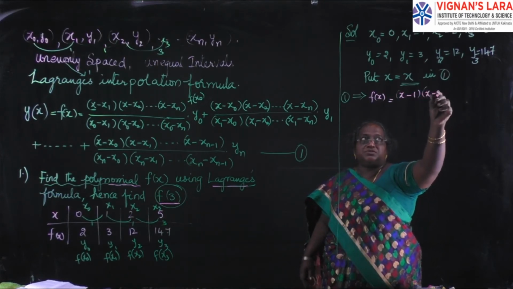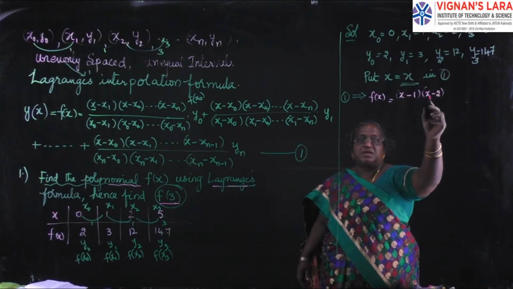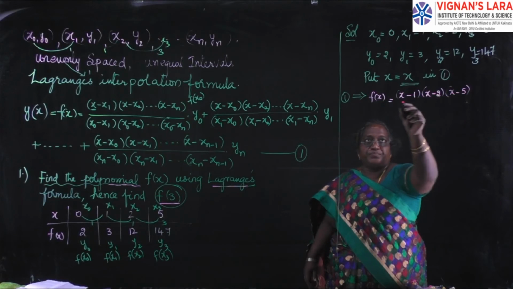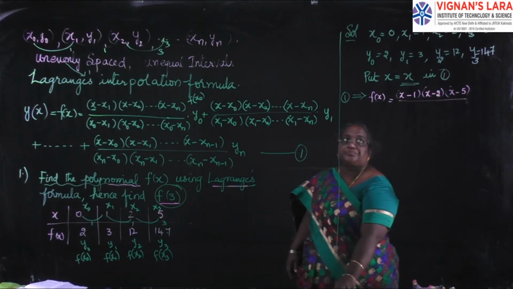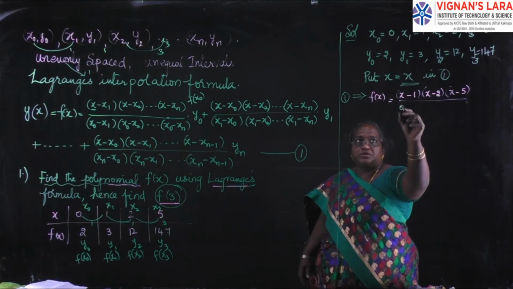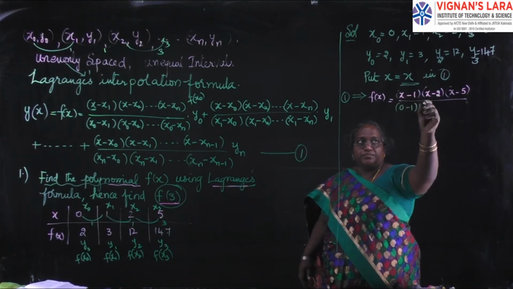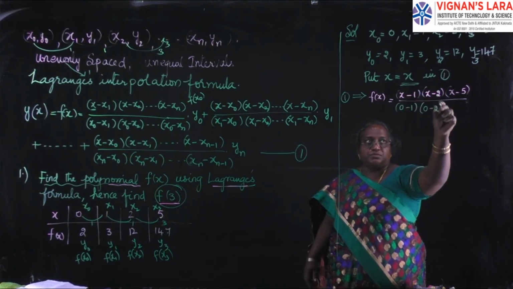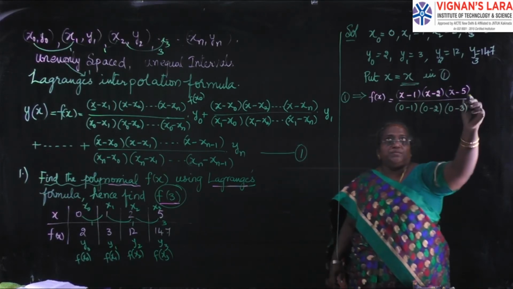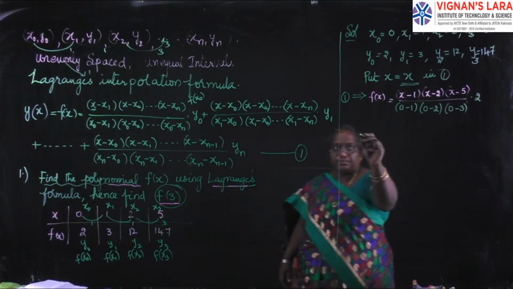So x minus x1, x minus x2, x minus x3, which is 5, by x0 is 0, 0 minus 1, 0 minus 2, 0 minus 5, into y0 is 2, plus